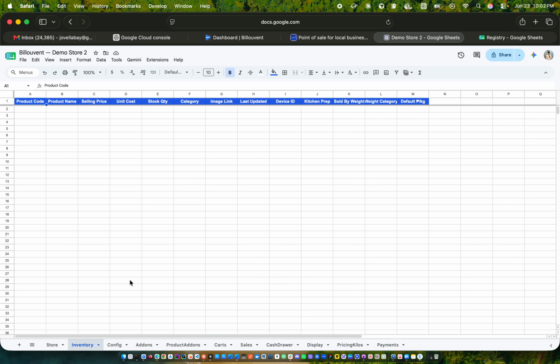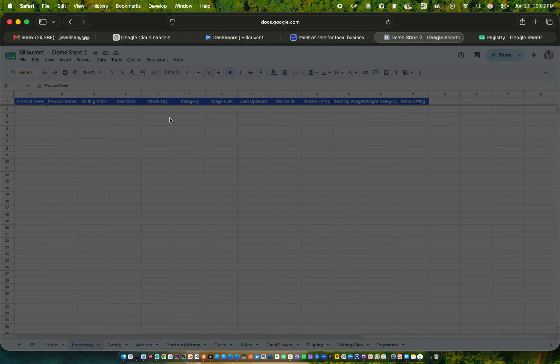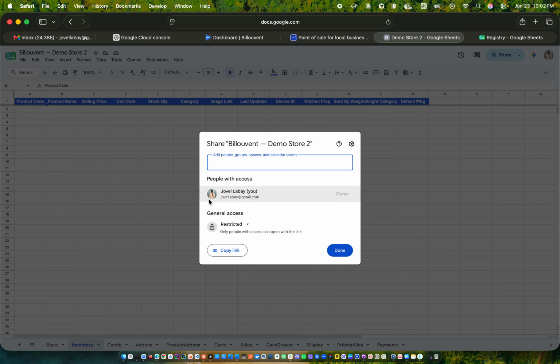I will not have access to this Google Sheet, only the owner of the Google account. If you can see here in the file, in the share, share with others, it says restricted, so only the owner.